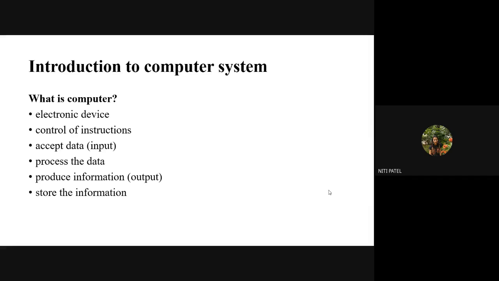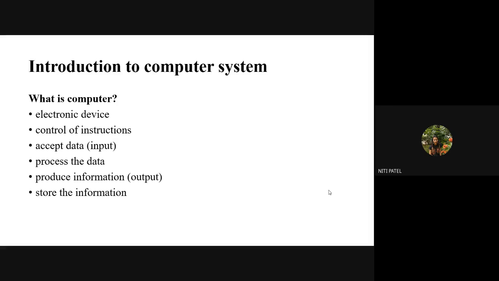So whatever a user gives as input, that input is considered to be an instruction. What will a computer system do with that instruction? It will process that particular instruction. Once the processing of the instruction is completed, it will generate the output to the user on the screen. Now, everyone might be aware of a term called program. What a computer does is it takes the program from the user, it operates that program and it gives the output to the user.